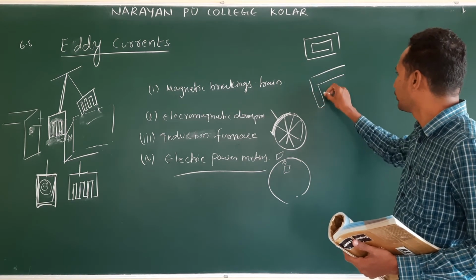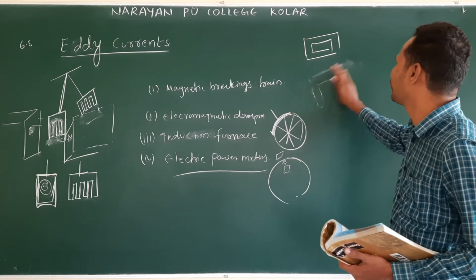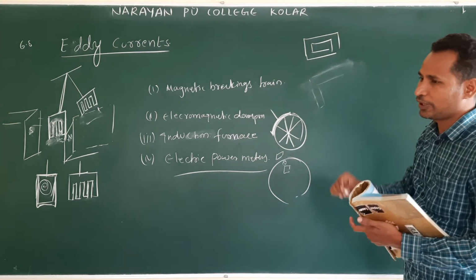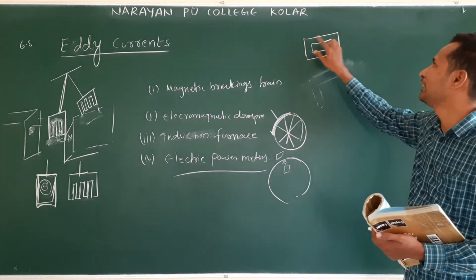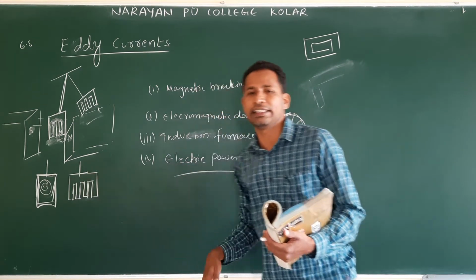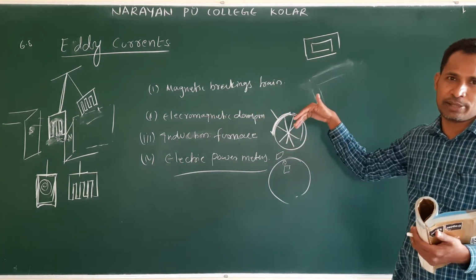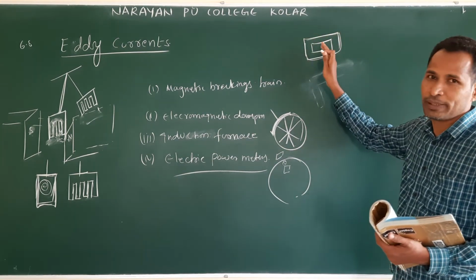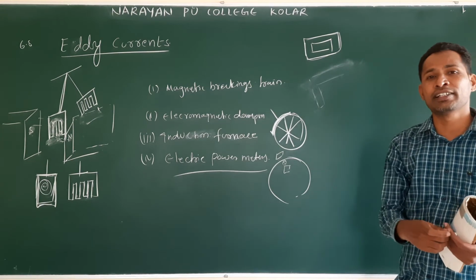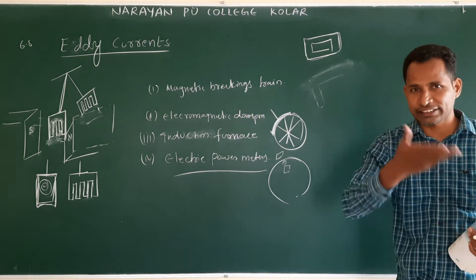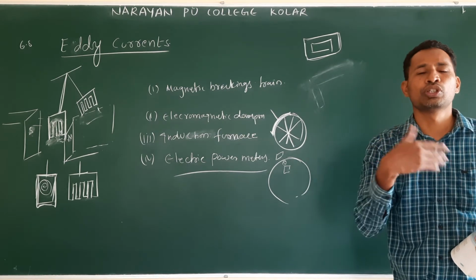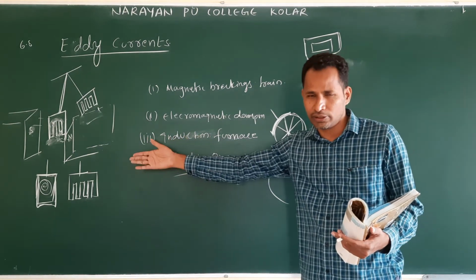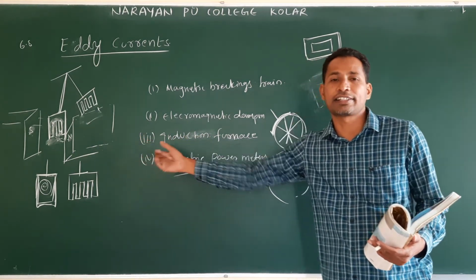If you see this, the three-dimensional view I am not getting. But if you place one sheet over another, what will happen? It will become a bulk material. Why did they make it into sheets? Because to avoid the eddy currents. And also they will laminate. Laminated means what happened? I will place laminated sheets one over each other. Then there is no direct contact between two plates by laminating. If there are no contacts, that disturbs the path of the circulating currents.